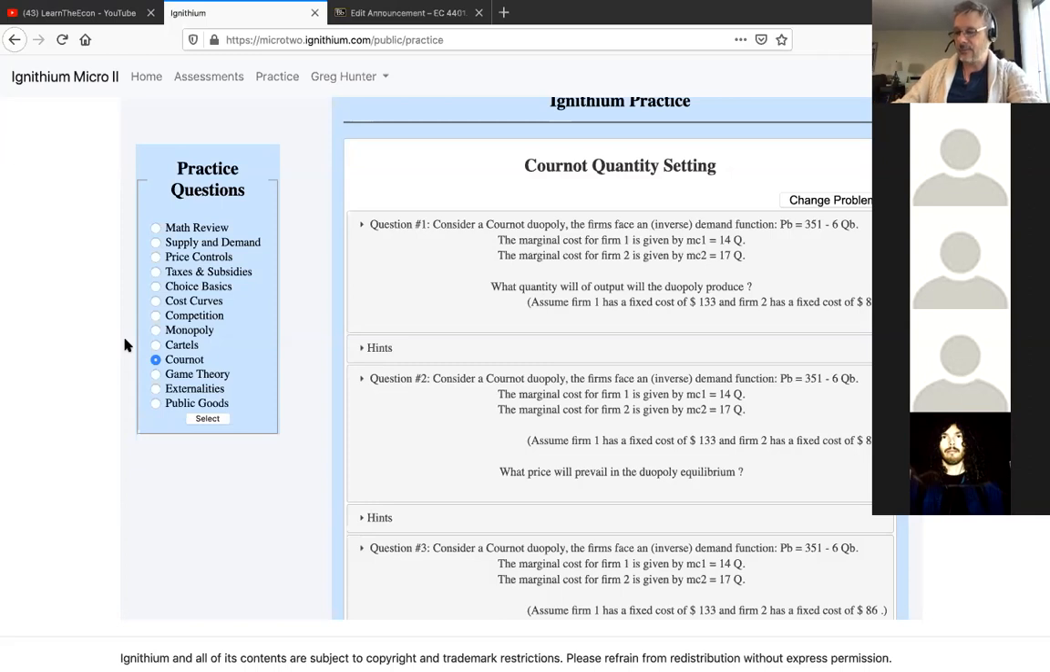Now we'll take this to the last stage, which is, we had this reaction function graph, and mine's imperfect, but